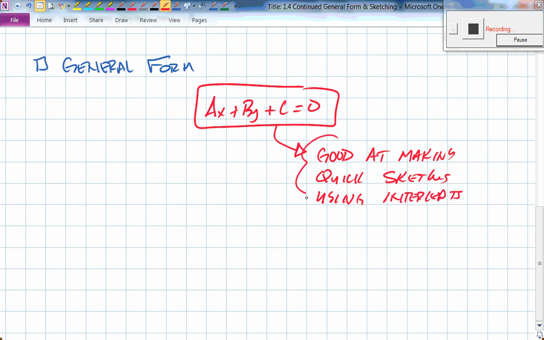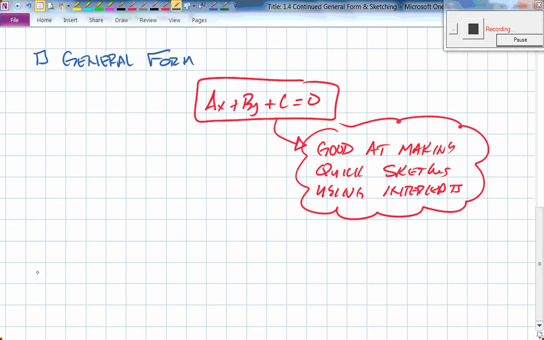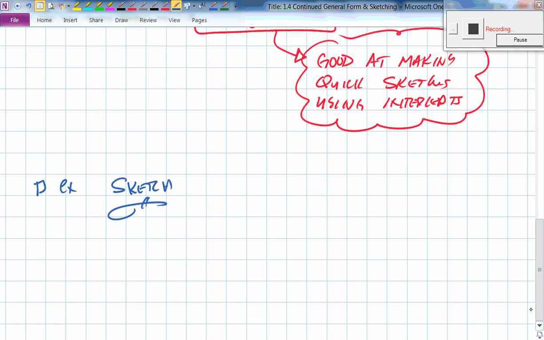All right, so this is a good form at making quick sketches using the intercepts. You're probably saying, what do you mean by making a quick sketch using the intercepts? All right, so let's practice together here. I'm going to give you an example, and I would like you to sketch. And here's my symbol for a sketch right there. All right, we're going to make a sketch of this linear equation, 3x plus 4y plus 12 is equal to